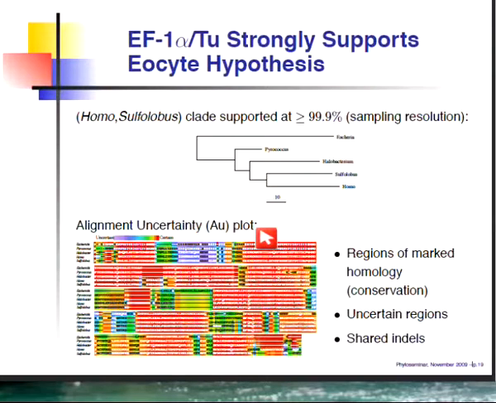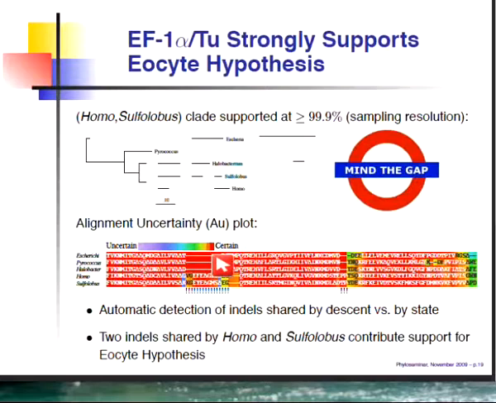But what I want you to appreciate is there are regions in the gene where we can make pretty strong homology statements. And from those regions, we can extract substitution information. However, there are also regions where there's quite a bit of uncertainty in the homology statements. And in those uncertain regions, we do not want to condition on one wrong alignment and get false inference. Additionally, there are some insertion deletion events that appear to be shared by descent, and perhaps that's where the information is coming from. So I'm going to blow up one of those regions right now that we can look at.